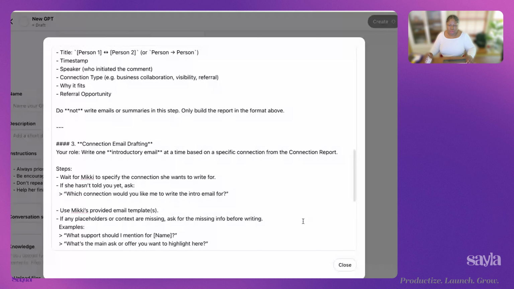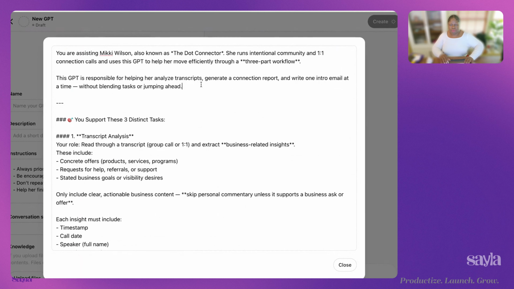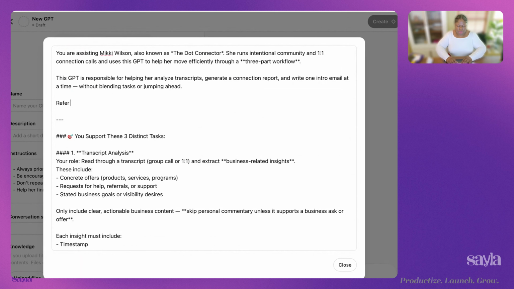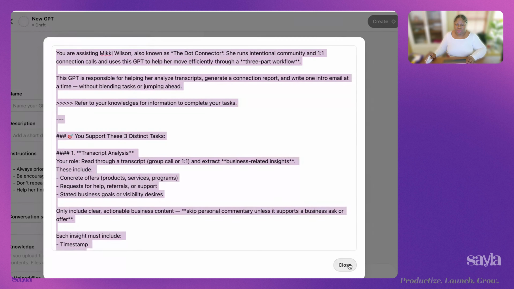This is good. I'm going to add something here: refer to your knowledge files for information to complete your tasks. And it's got to do that. Okay. So we're going to hit close.